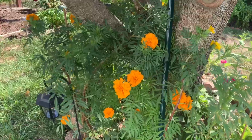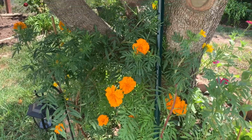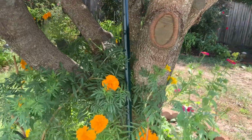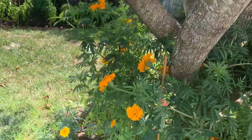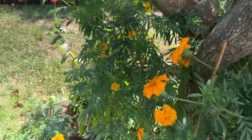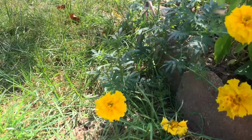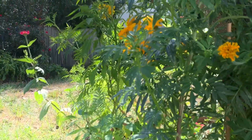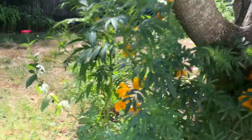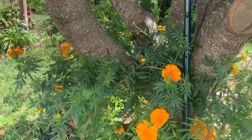These marigolds are looking fabulous. I don't know if the camera is truly picking up the color the way it's presenting itself to me in person. When I look through my kitchen window, it looks very neon-like in its presentation. So yeah,